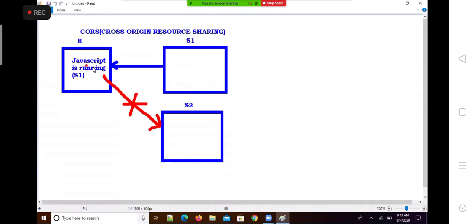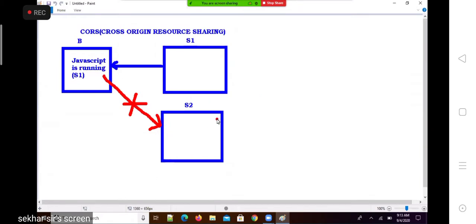If a script is sending a request to a resource in other server, this is called cross origin request. It is not a same origin request, it's a cross origin request. If the resources in the server 2 enables this cross origin request, then the script can access the resources.